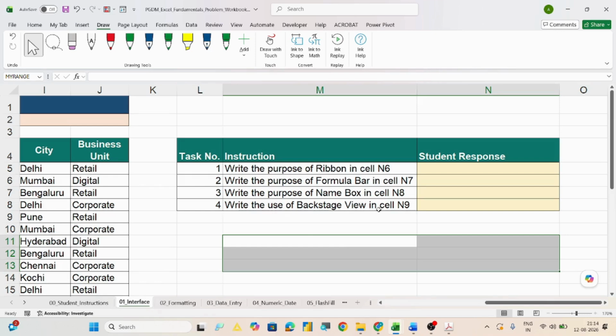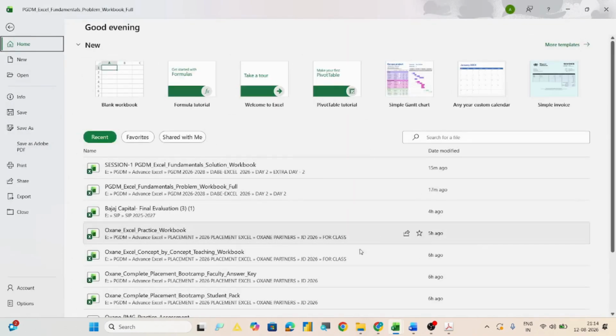Write the use of backstage view in Excel. So backstage view is a view wherein you can do some background settings. This is the backstage view wherein so many templates are there. Then recent files in which we worked at present, files shared with me, some favorites and some options like home, new, open, info.